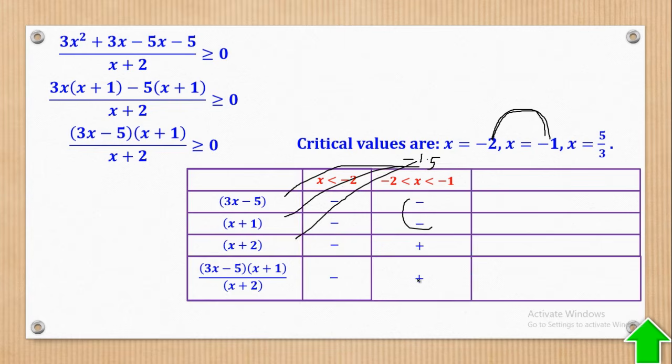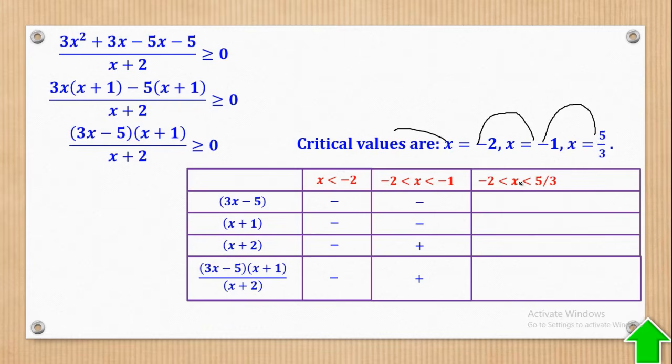So in the end it becomes a positive. Then the next interval: we have finished the one before this, and we have finished the one between this and this. Now the next is the one between this and that. Now between -1 and 5/3, we shall come and write it here. So here it should be -1, not 2. So between x greater than -1 but less than 5/3, the value can be what? The value, let's say